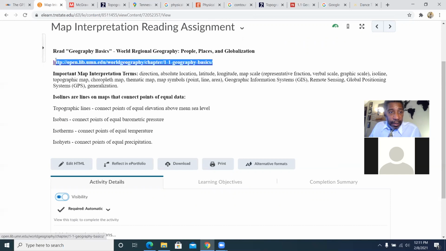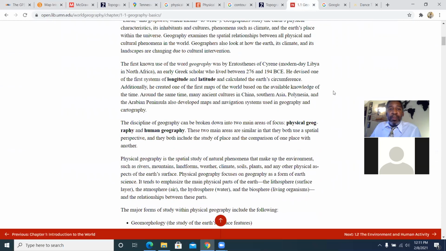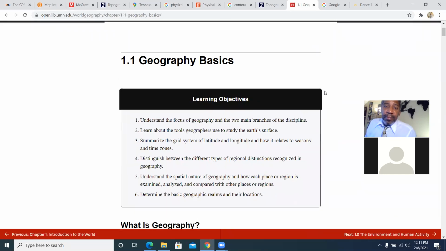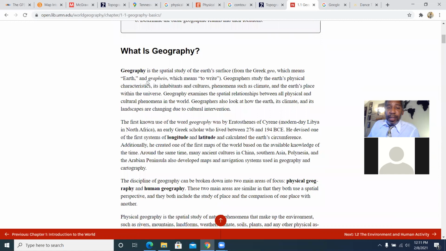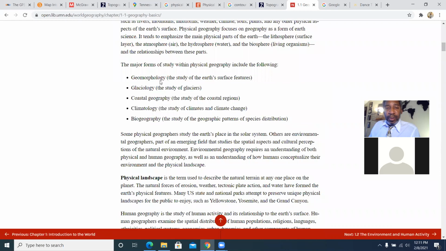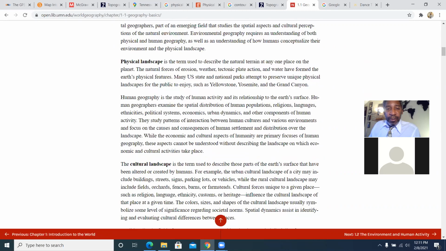Also, in preparation for Wednesday, you should take a look at this Geography Basics site. And so pay close attention to the vocabulary words in bold. And even these geomorphology, you should understand, you should know these vocabulary words. Cartography, spatial, there's various information that we've covered already. Relative location versus absolute location. And